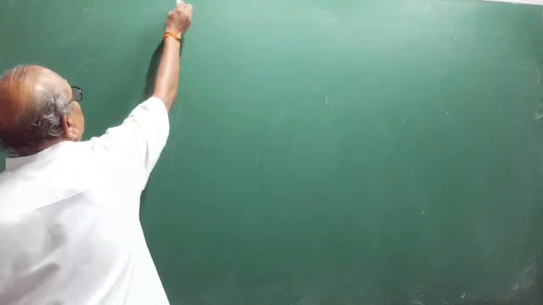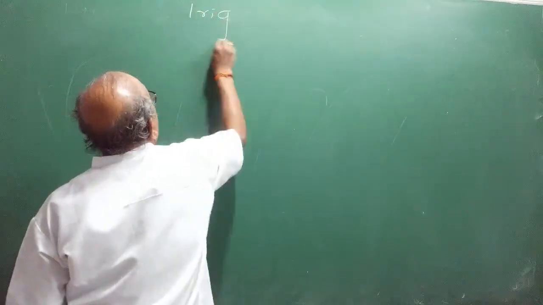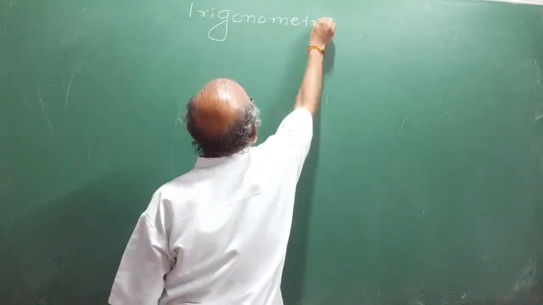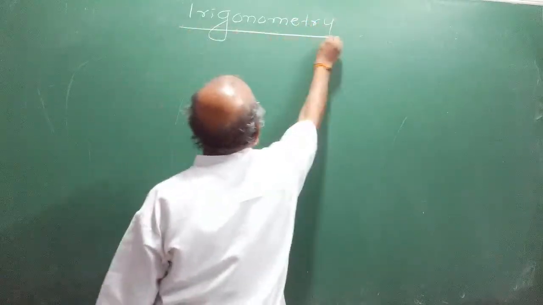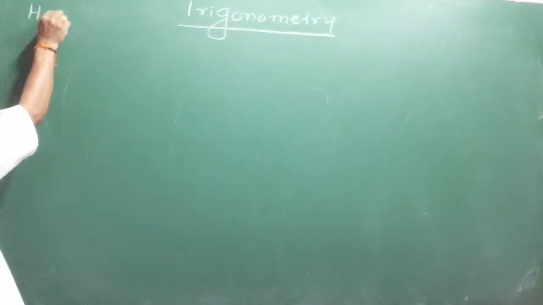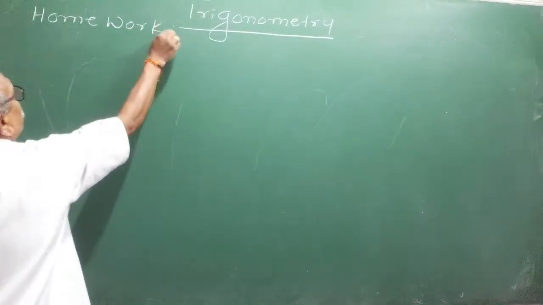Trigonometric identities is a very important chapter for all state, CBSE and ICSE students. Based on identities, you have to utilize identities. I think I gave you some homework questions in the classroom only. I will go on solving them one by one. You just verify